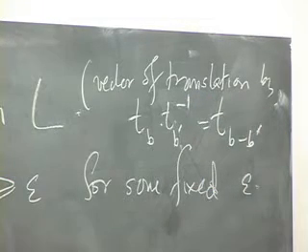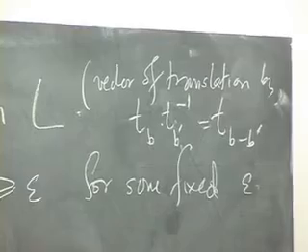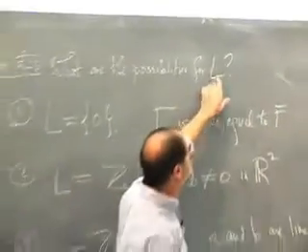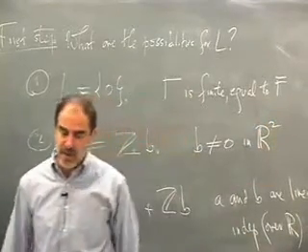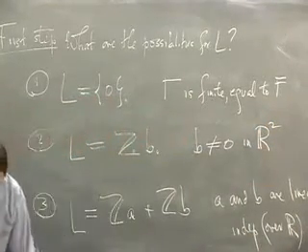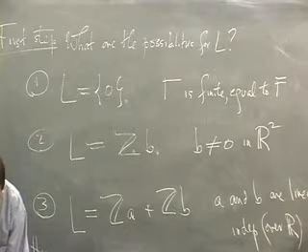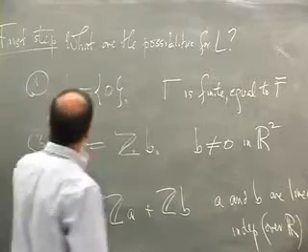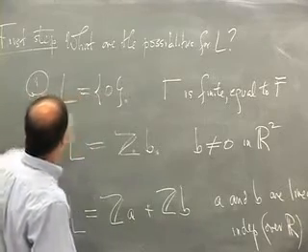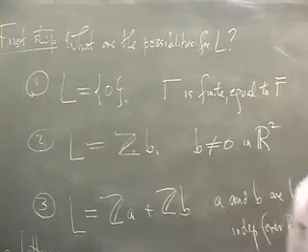And all translations by our hypothesis in gamma have size at least epsilon. The norm of it is at least epsilon. So in other words, if you have 2 vectors in this subset of R2, they can't be too close to each other. That's the essential observation. Okay. Now, so this condition is clear. We could certainly have L equal to 0. So assume